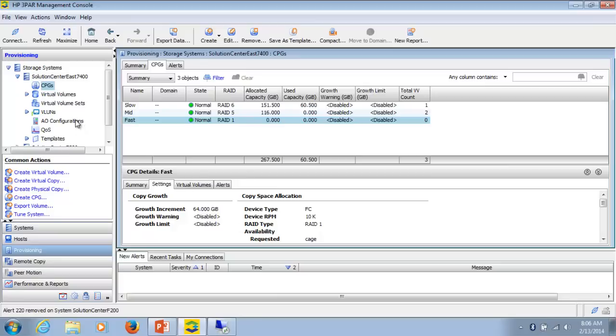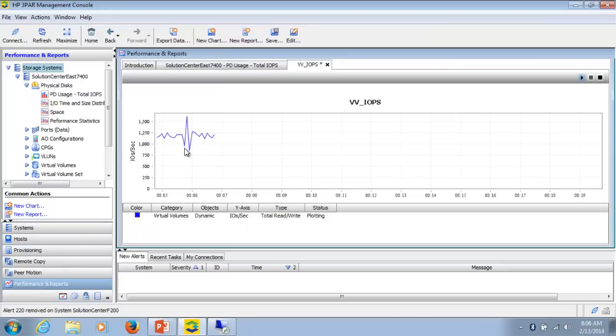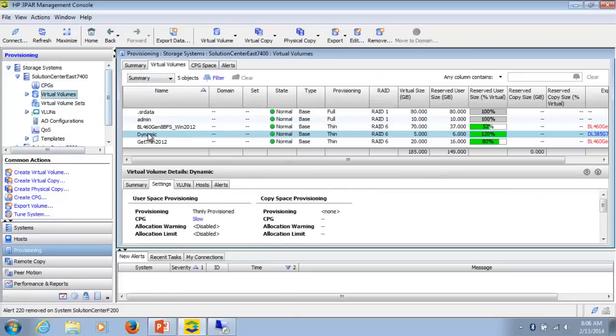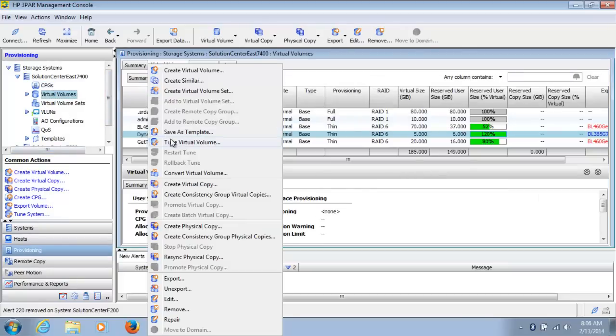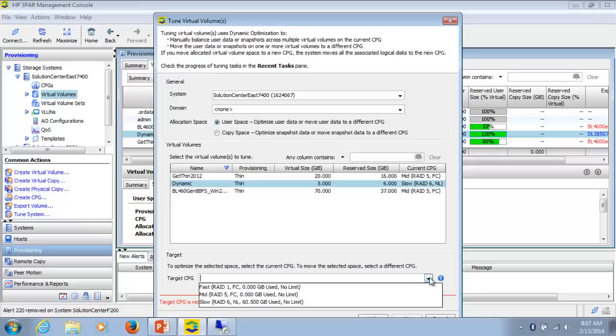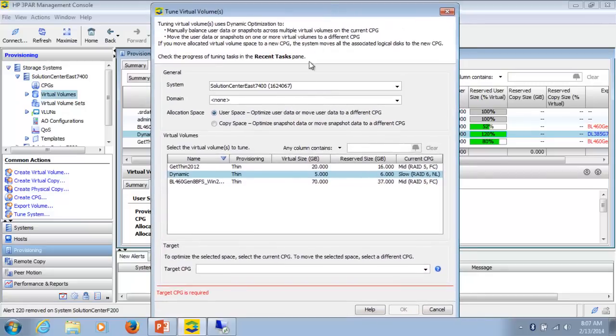Like I had mentioned before, certainly with this solution, I should be able to get more IOPS. I can go into provisioning, look at my virtual volume, right-click, and select Tune Virtual Volume, and actually select another storage tier inside the environment, another one of those CPGs. And this is dynamic optimization. This is what we showed in our last video. So this is a manual process,